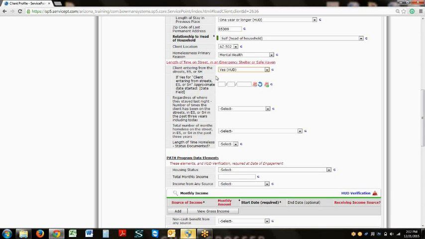Next, since we have answered yes to the client entering from the streets, emergency shelter, or safe haven, you will enter the approximate date that it started. Keep in mind that if you answered this question no, you would then skip this question. But since Tom is coming directly from the streets, he tells us that he's been on the streets for the